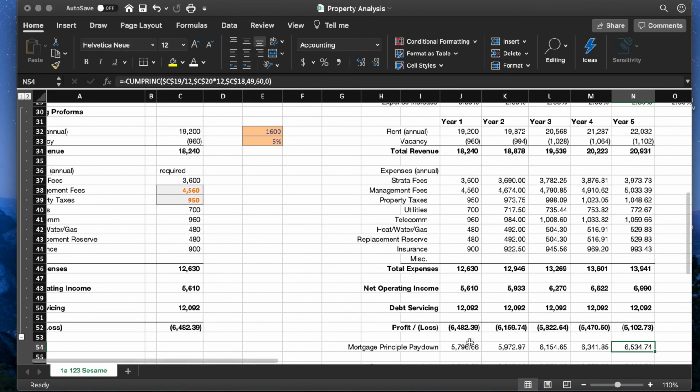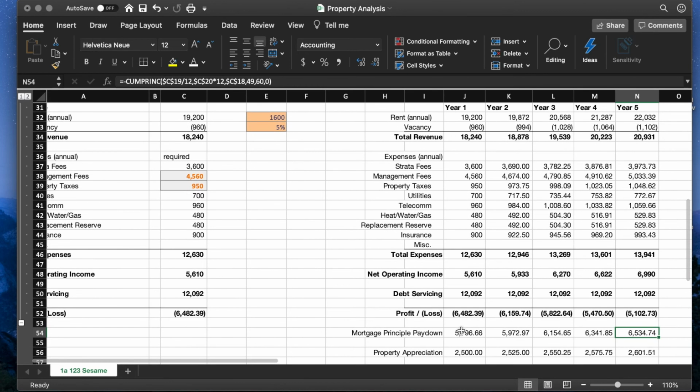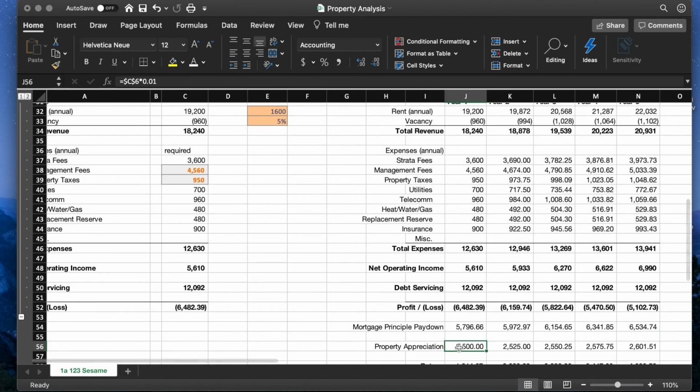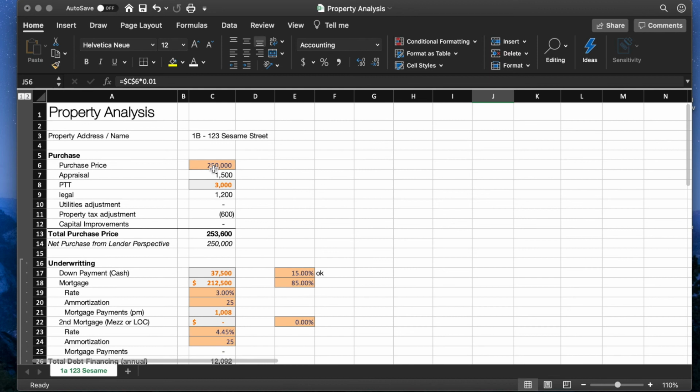So there we go. So mortgage payable principal pay down, that's going to actually shave away at our profit loss here. And then the other thing I want to take into consideration is the property appreciation. So we're going to assume, and this is quite obvious in most markets, that properties are appreciating as well. And so that property that we bought for $250,000 will or may likely go up in value in the next